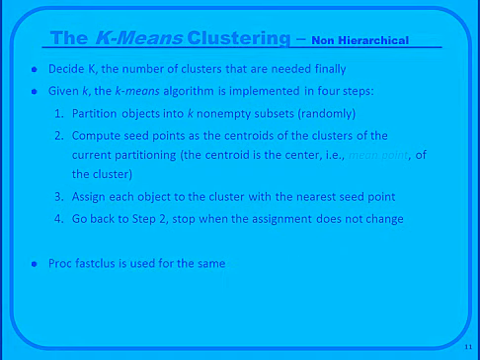In k-means clustering, you will never know whether it's optimal or not. You use the proc fastclus command in SAS. That's just to let you know where to use proc cluster and where to use proc fastclus. You can't use proc cluster when the number of observations is huge, just because it becomes computationally impossible.